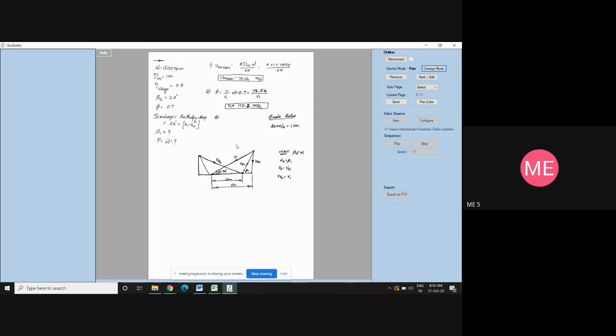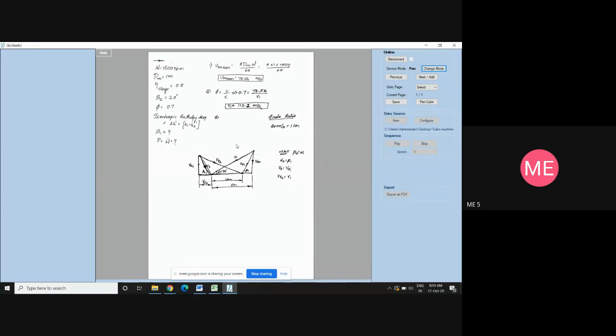I hope you know how easy it is. If you know the inlet triangle, it is easy to go for the outlet. This is VA2 and this is called beta 2. At any cost, the outlet triangle will not become inside. The outlet triangle will always be like this only. I mean to say, in the D-level turbine it was going inside as well as outside. Here there is no such issue because the outlet is a mirror image of the inlet triangle.